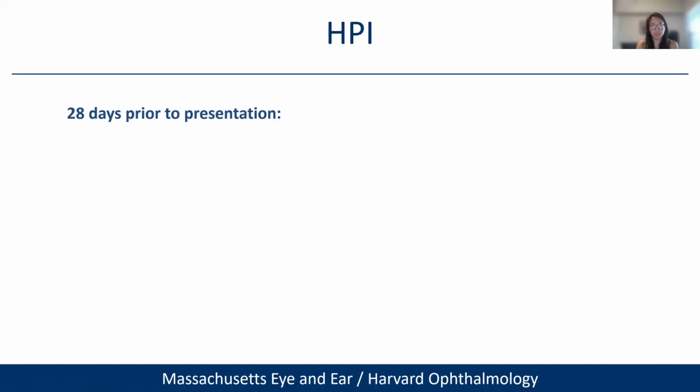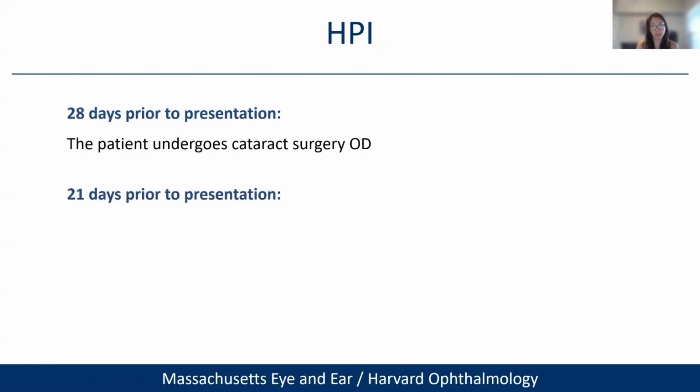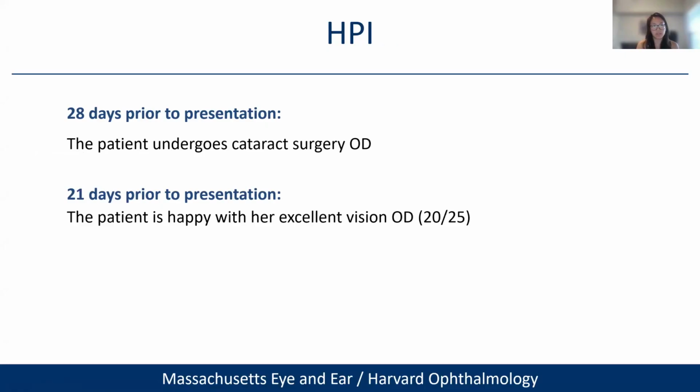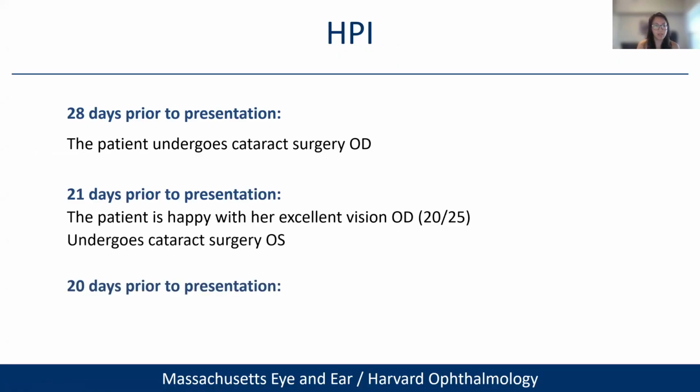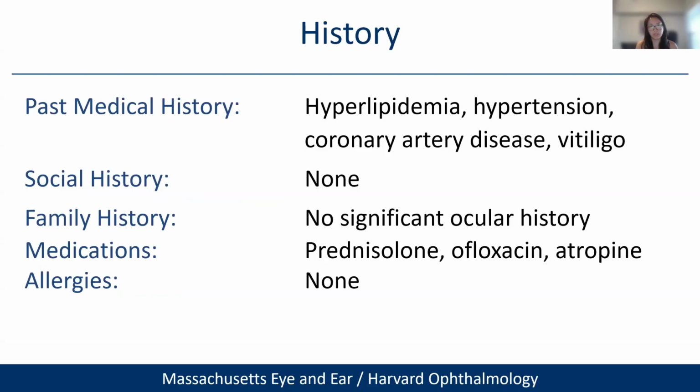28 days prior to when we saw her, she had had cataract surgery in the right eye. That was reported to be unremarkable. And she was very happy with her vision. She was 20/25. Therefore, they proceeded a week later to do cataract surgery for the left eye. Now, day 1 after cataract surgery for the left eye, the patient reported waking up with painless vision loss in both eyes. Her past medical history is noted for hyperlipidemia, high blood pressure, coronary disease, and vitiligo,